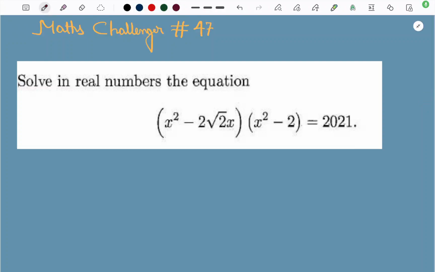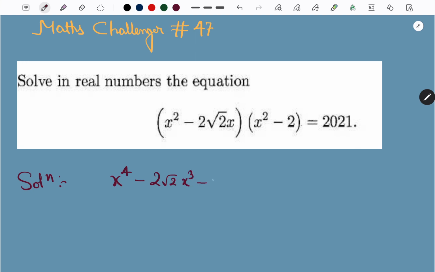Question 47 says: solve in real numbers the equation (x² - 2√2x)(x² - 2) = 2021. So how do we solve this? Solution. If we multiply the two values, that is equal to x⁴